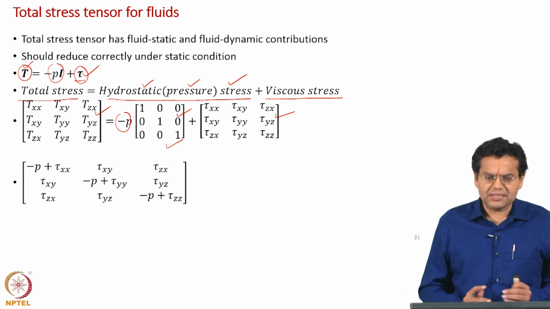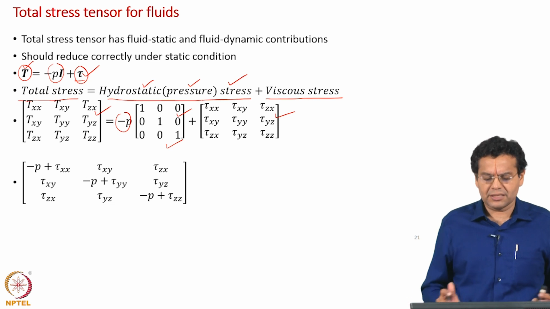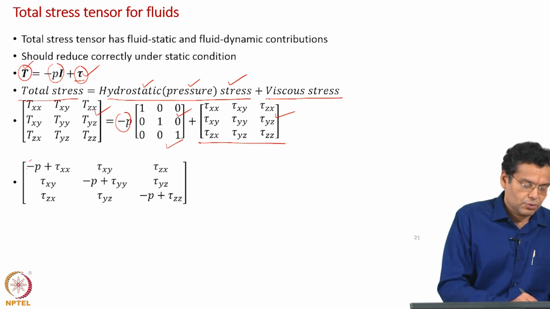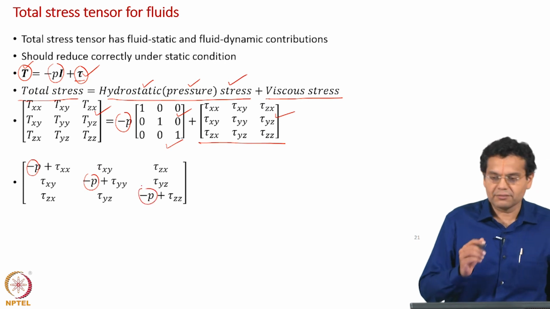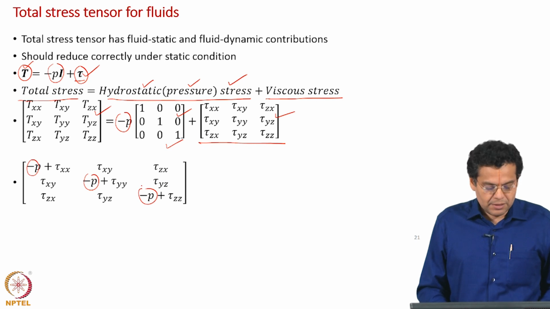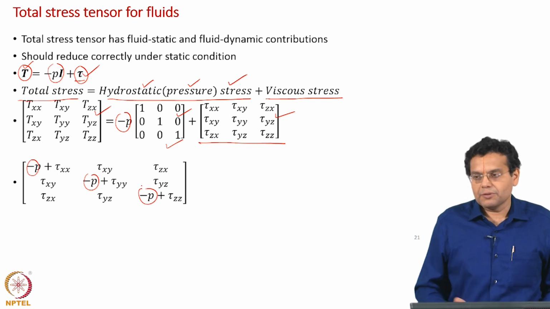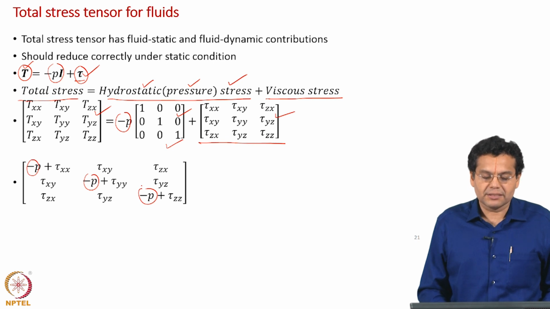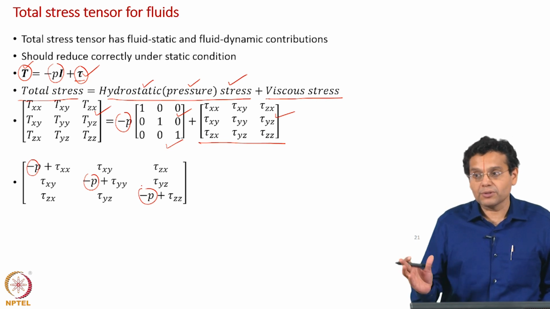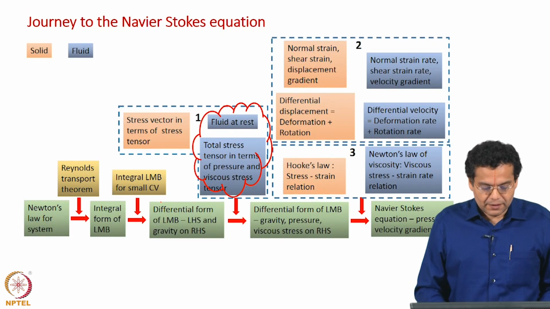So, just in one line, if you want to summarize whatever we discussed now: this stress tensor is analogous to solids, number 1. Number 2, to the diagonal elements minus P gets added. Okay. If you want to just say it mathematically; we have discussed the physics in great detail. The bottom line, take home point from this slide, is that there are two components: some stress acts when the fluid is at rest, and when it flows some additional stresses are there. Okay.